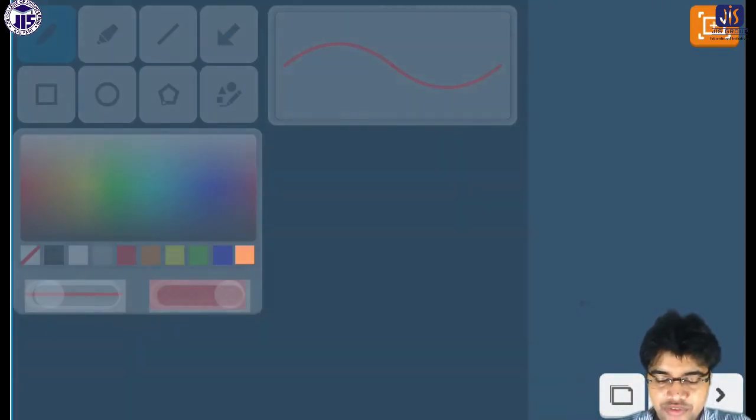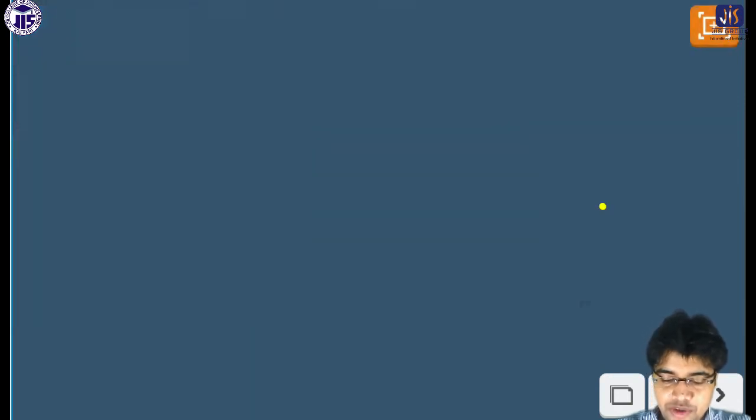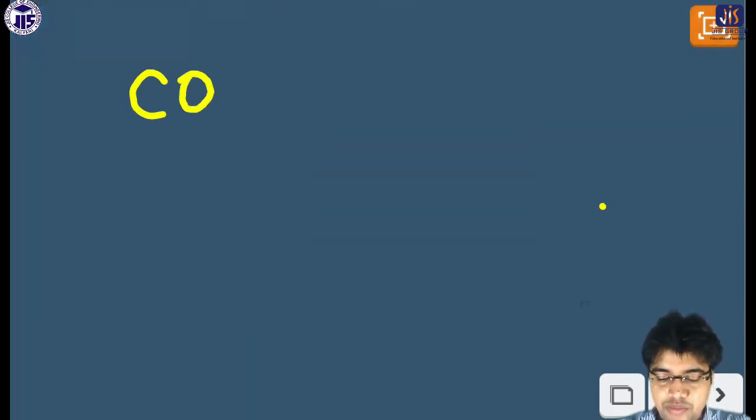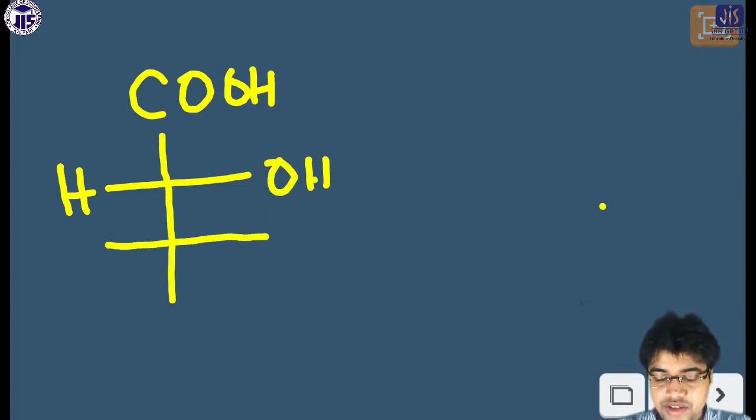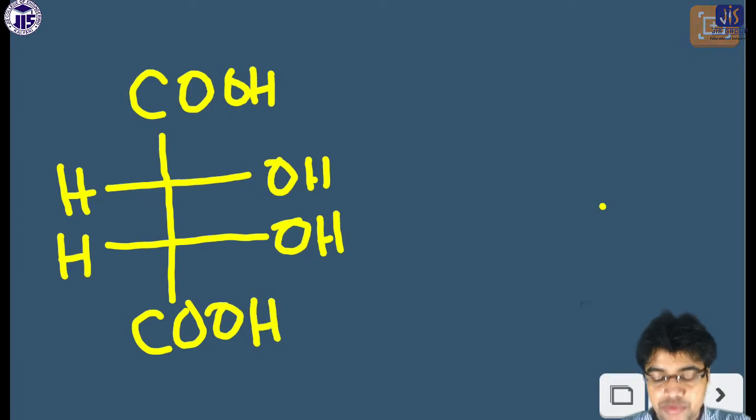I will show you that for this compound, if you take the meso compound as an example. If I draw the example of the meso compound here, look, this is the example of the meso compound. Meso compound means it is an optically inactive compound. On the other hand, I will take any one optically active compound. There are two enantiomeric structures, and I will take any one of them to compare with the meso compound.